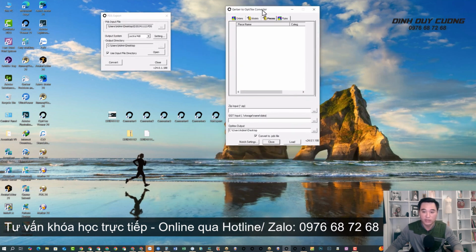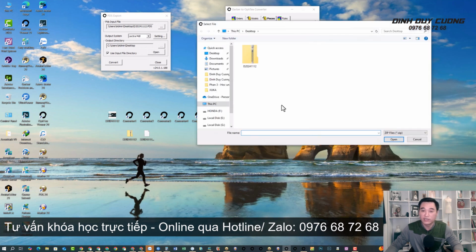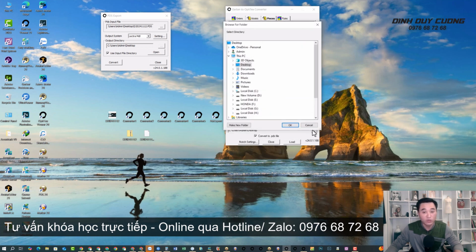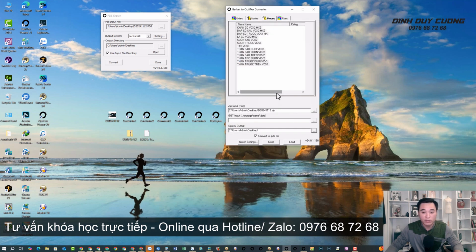This three-dot button is where you select the appropriate Gerber file. Here, I'll use an example of a file on the desktop. After doing that, you will carefully select all of these specific details and then you choose the file path right here. I will give you a quick example of the file path now. I'm going to choose the desktop. Then I will simply click Load. Immediately you will see that there is an Optitex file right here in this folder. This file is received from the Gerber software into Optitex.